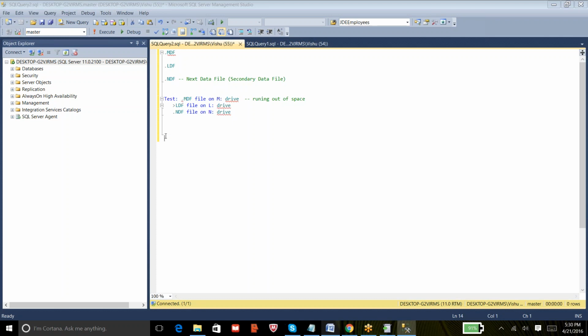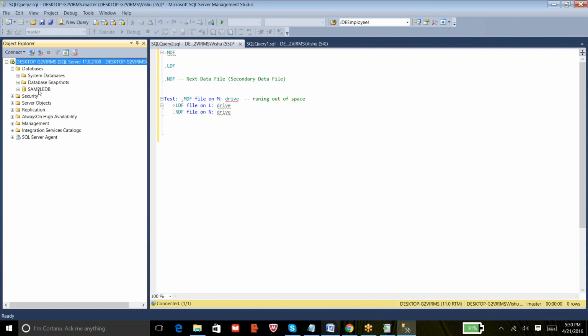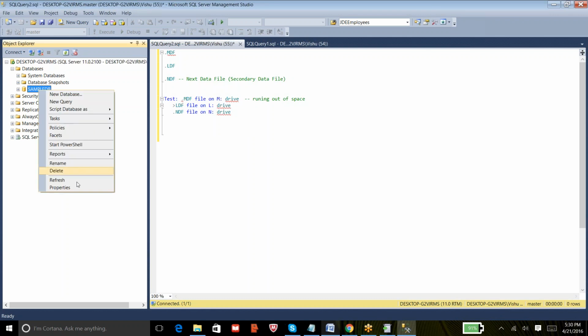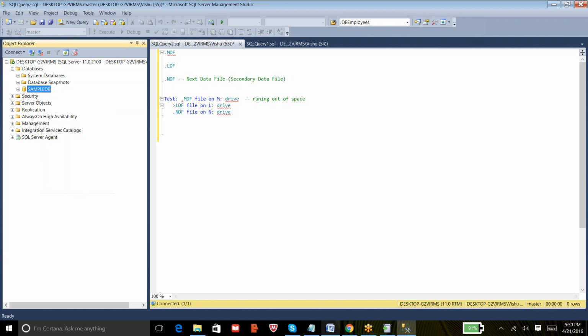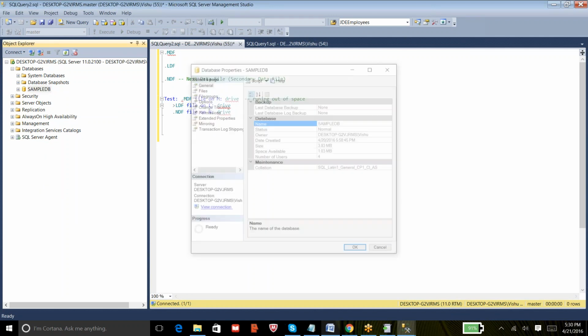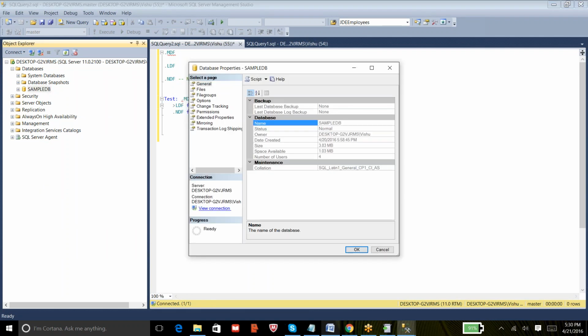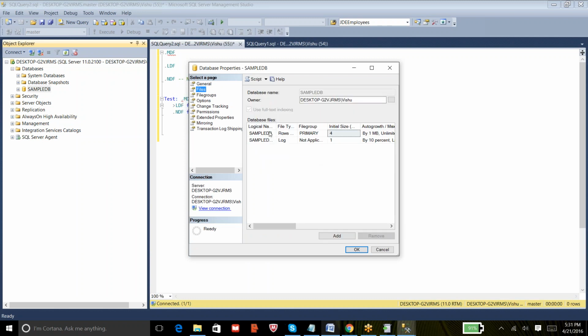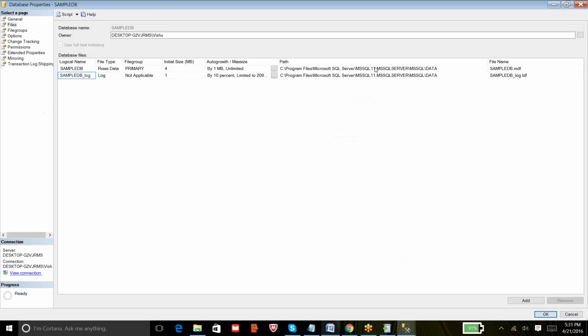In order to create the NDF file, as of now, you know that we have a sample DB, and this sample DB has two files. One is the MDF and the other is the LDF. Before I go and create the NDF file, let us make ourselves comfortable with the options listed here.